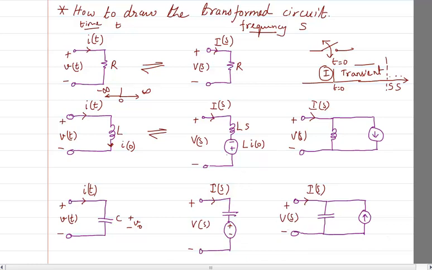Look at the polarity. The polarity is such that it is supporting V of S, because the direction of this voltage is basically the same as the direction of this V of S. So it is, in a way, supporting V of S. Okay. Now similarly,